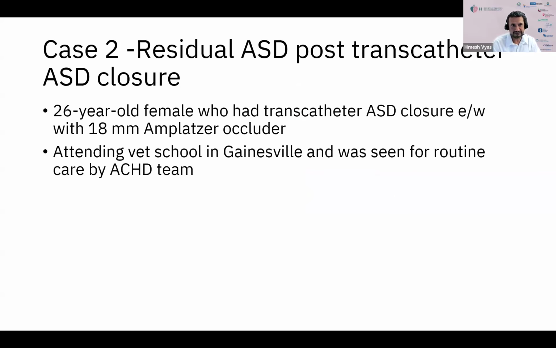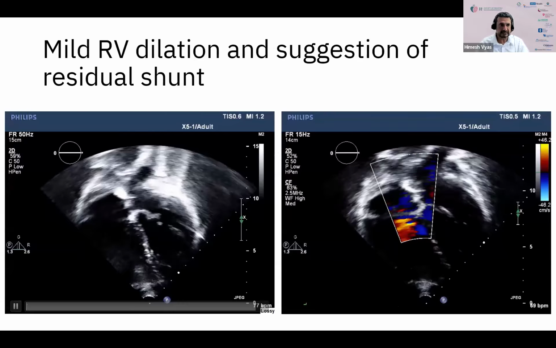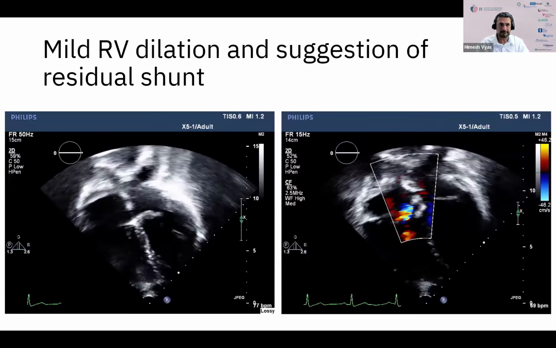Another case is one of a residual ASD post-transcatheter ASD closure. This is a 26-year-old female who had transcatheter ASD closure elsewhere with an 18 millimeter Amplatzer occluder. And she's now attending vet school in Gainesville and was seen for routine care by our ACHD team. And she has a transthoracic echo performed, and you can see from the 4-chamber views